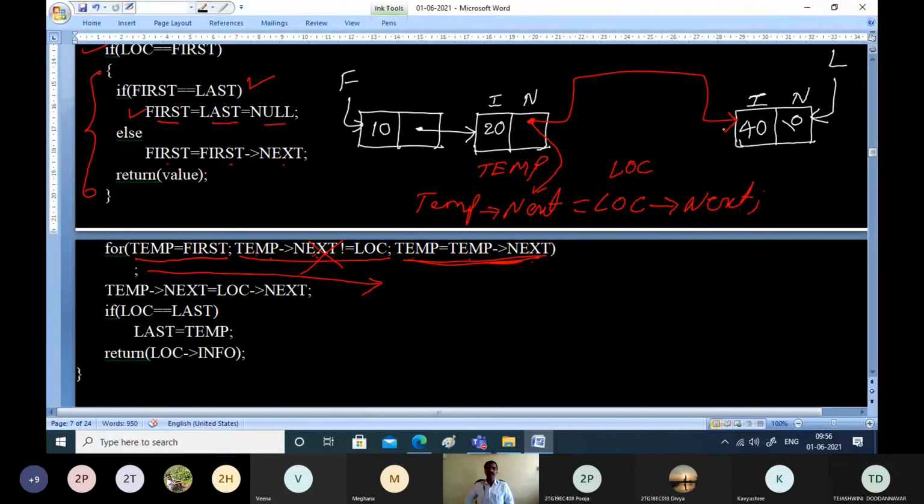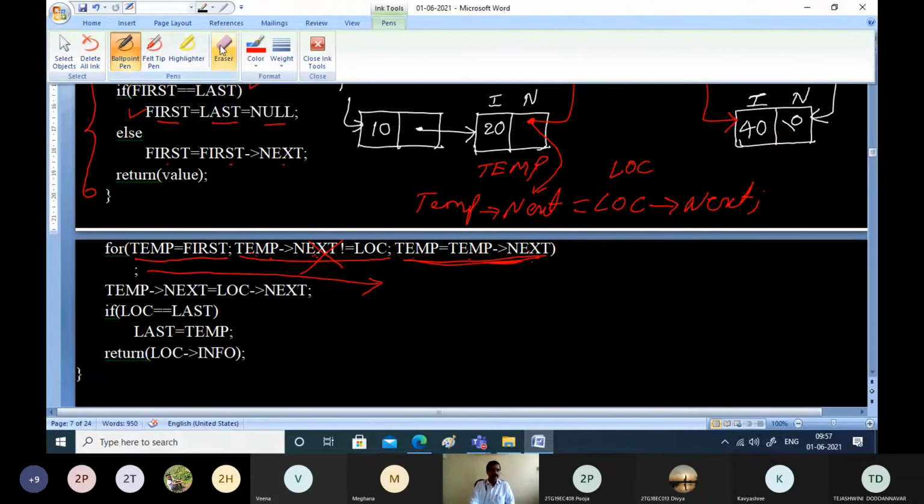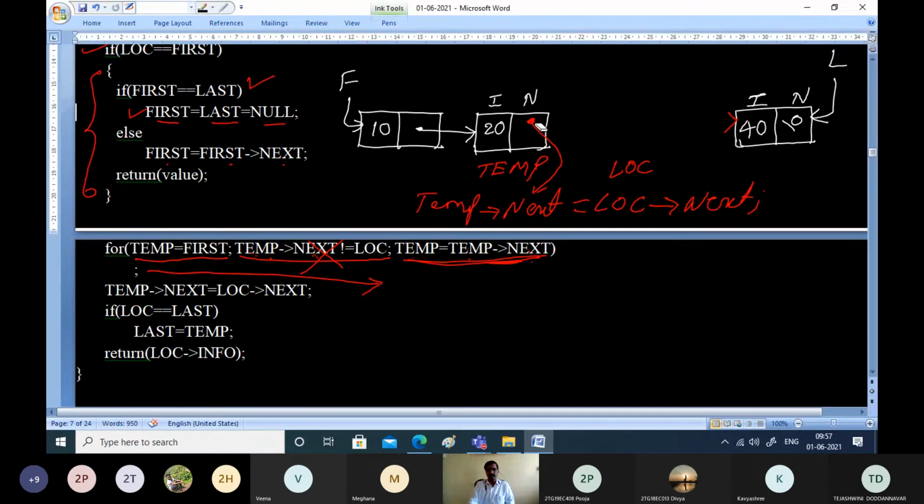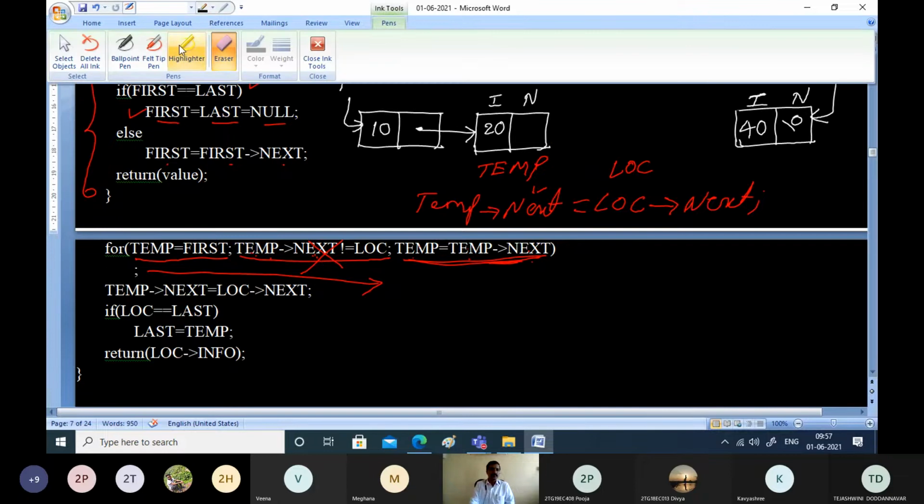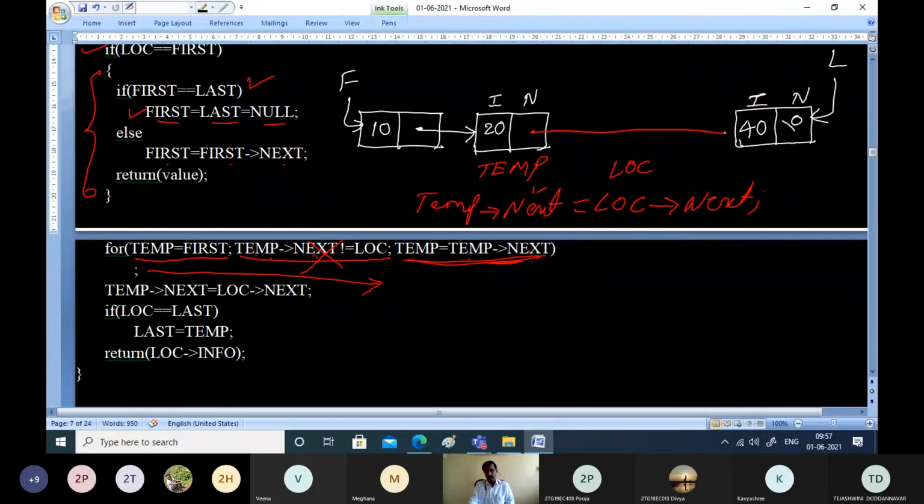We have assigned the pointer like this. So more specifically, how I draw is, yes, we have successfully deleted node 30 in our case. Deleting in the sense we are just exchanging the pointers. Once you remove that pointer, the memory for that node will be deallocated by the garbage collector.